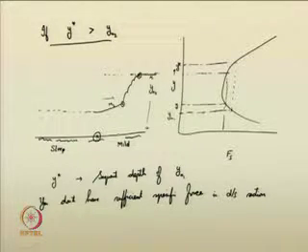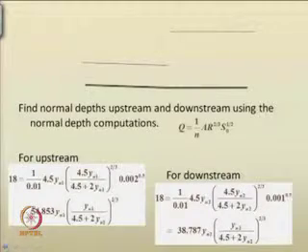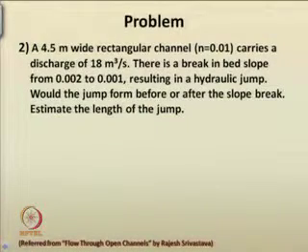So, you should be able to understand the phenomenon. We will just solve an example problem related to the same concept. Part of this particular example problem we have already done in the last class also. Again, I am just repeating: a 4.5 meter wide rectangular channel is there,